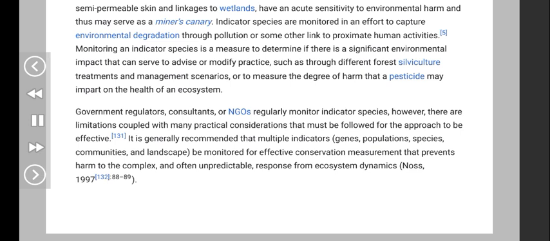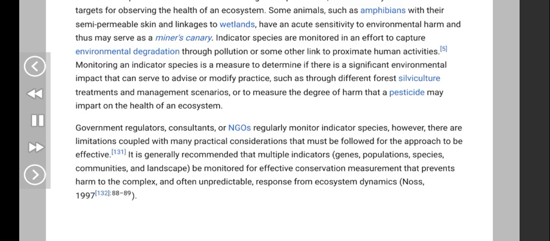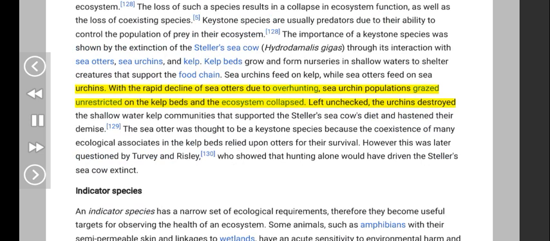With the rapid decline of sea otters due to overhunting, sea urchin populations grazed unrestricted on the kelp beds and the ecosystem collapsed. Left unchecked, the urchins destroyed the shallow water kelp communities that supported the Steller's sea cow's diet and hastened their demise. The sea otter was thought to be a keystone species because the coexistence of many ecological